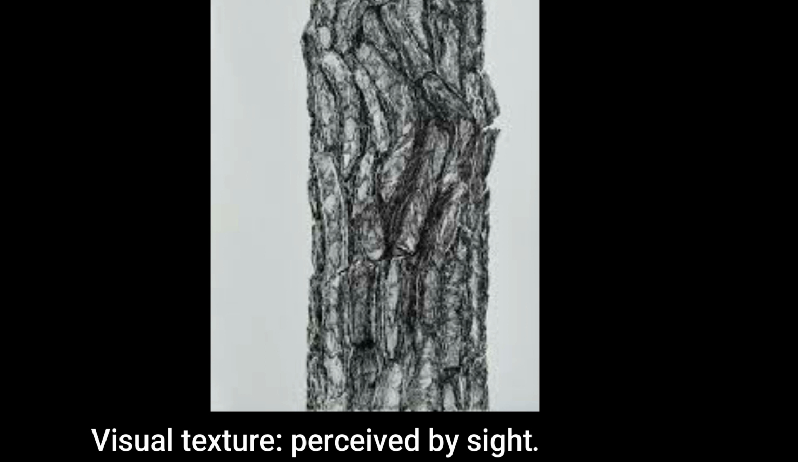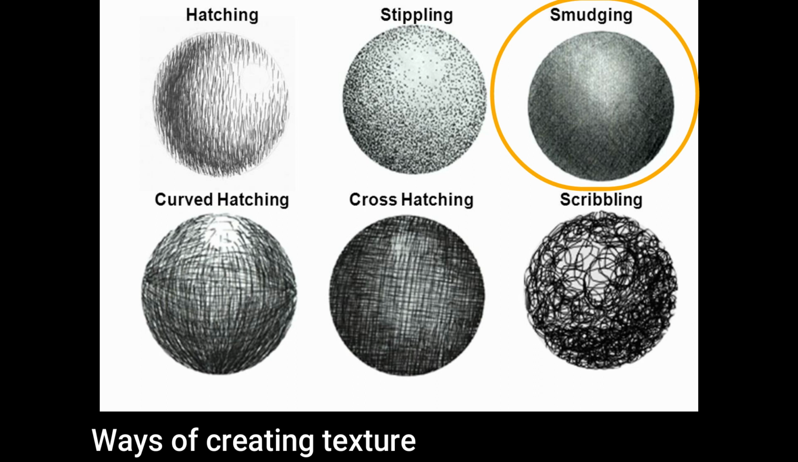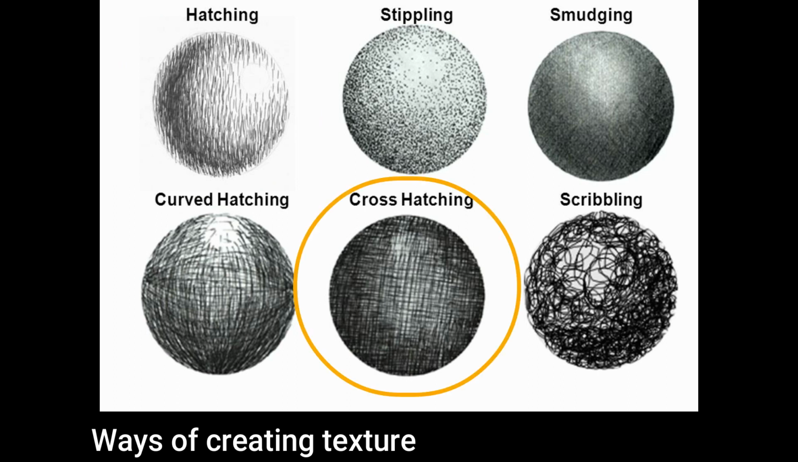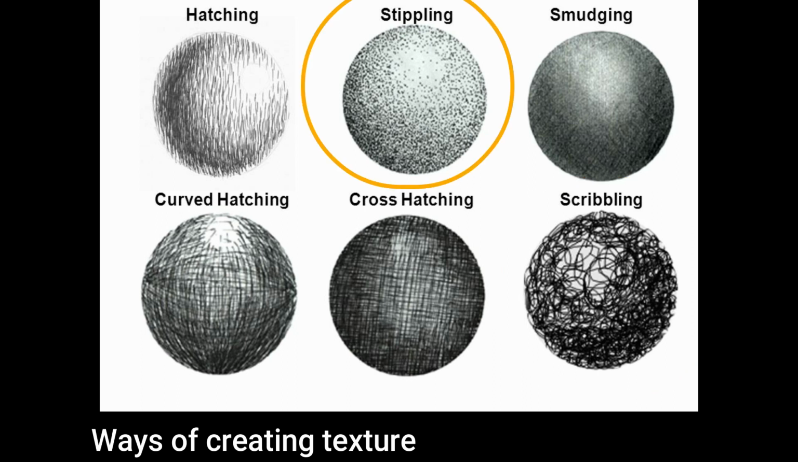rough texture by sight. There are four main methods of creating texture: smudging, which is blending pencil strokes to create smooth texture; hatching, which is the use of lines drawn repeatedly to illustrate rough texture; cross hatching is a drawing of crisscrossing lines to create the illusion of rough texture; scrambling is the use of doodles which are drawn to create rough texture; and stippling is the use of dots